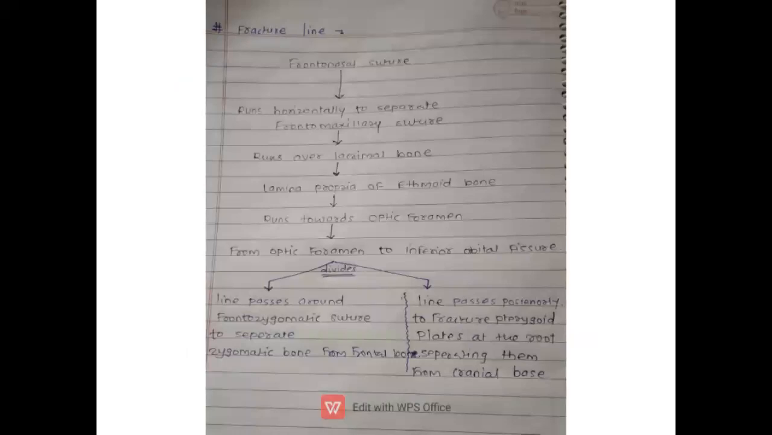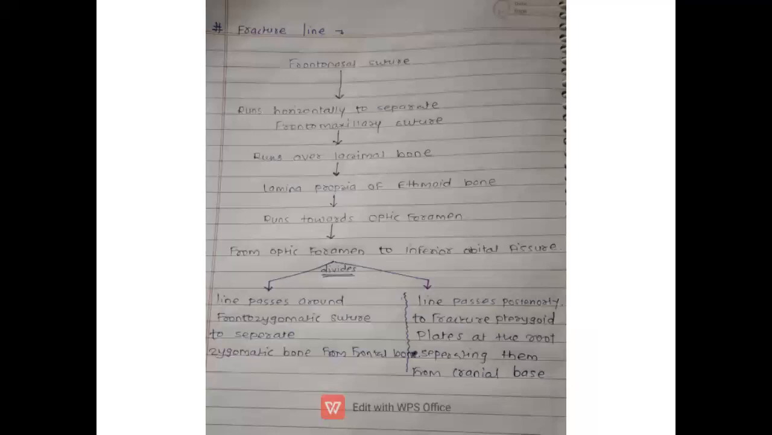So the line starts at the frontonasal suture, then it runs horizontally to separate the frontomaxillary suture. Then it runs over the lacrimal bone, lamina papyracea of the ethmoid bone, and it runs towards the optic foramen. Fracture line goes around the optic foramen to reach the medial boundary of the inferior orbital fissure, where the line